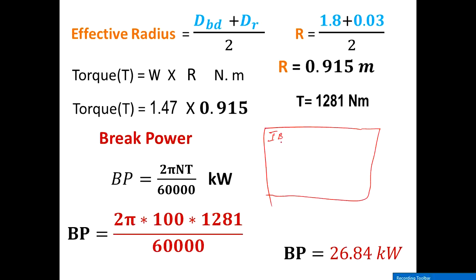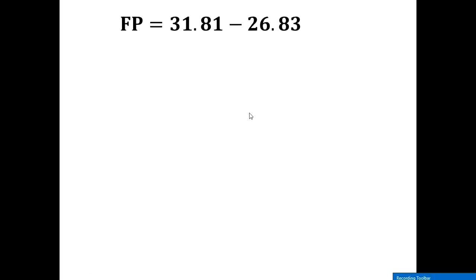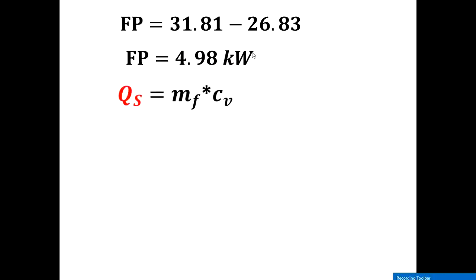You must write IP, BP, frictional power, heat supplied, loss due to water, gas, and the last one is unaccounted. Whatever you get, please write down in kilowatts. You won't get confused in the end. You can solve easily, side by side note down. Frictional power, you know the formula, it is equal to IP minus BP. So this value you got.